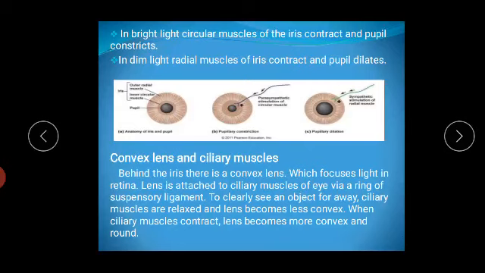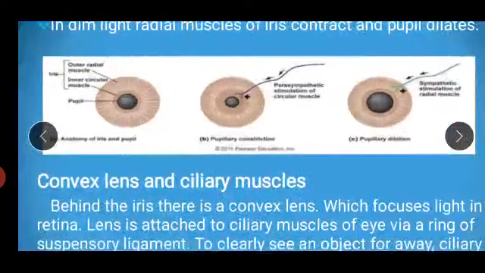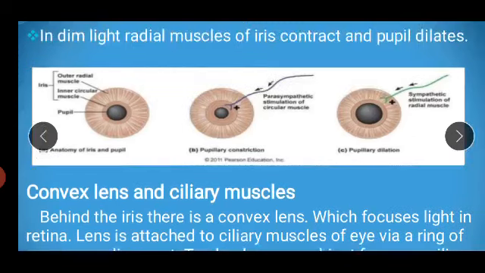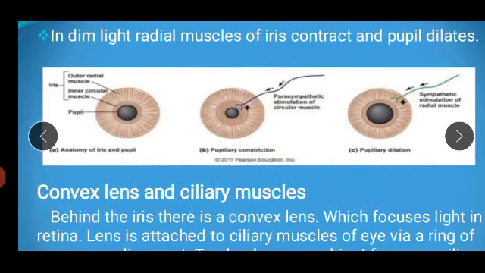Okay. First, students will see the muscles of the iris. There are two types of muscles in the iris. Outer radial muscles, this way you can see these fine lines. These are the radial muscles of the iris, and these are the circular muscles of the iris. Basically there are two types of muscles of the iris: outer radial muscles and inner circular muscles,